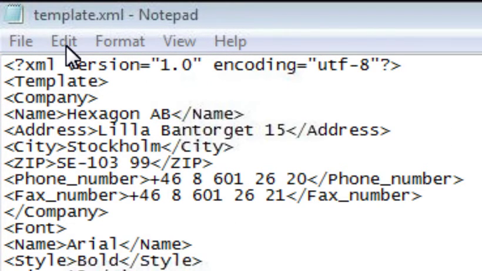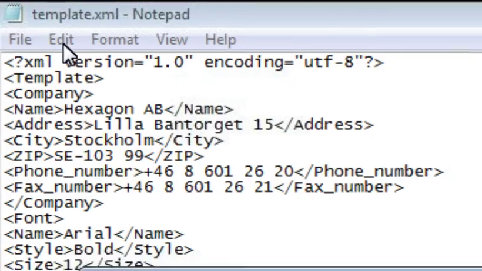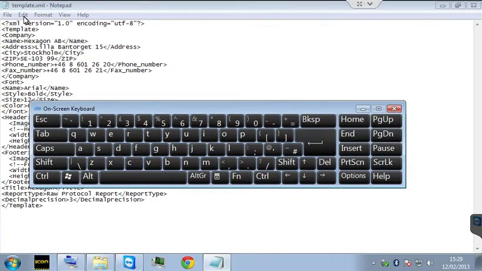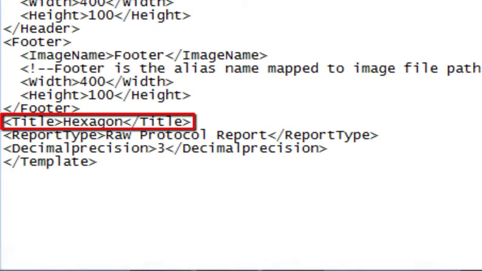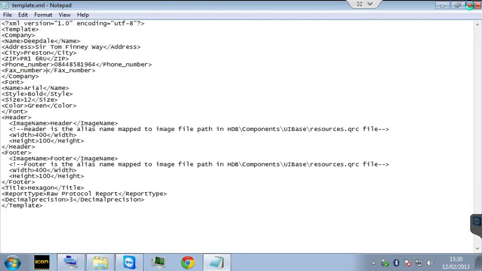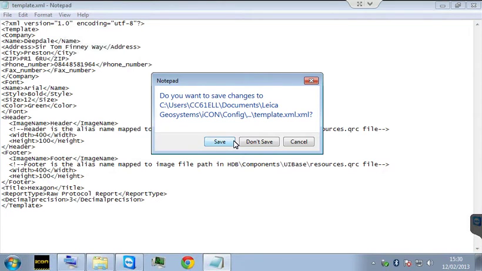To change the value for any field, replace the existing text with the desired content. I will change the name and address details, edit the telephone number, and remove the fax number. This value here defines how the report style is labelled within Icon. So now I close and save